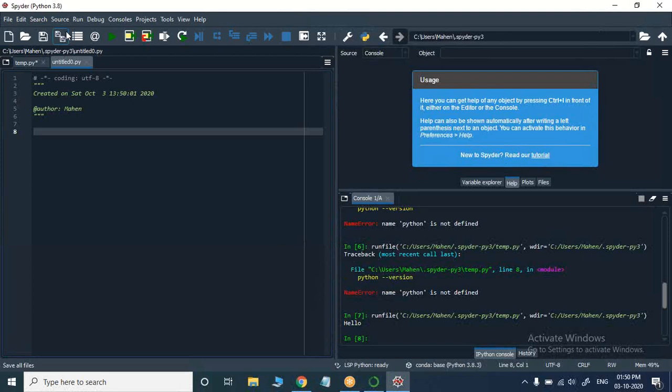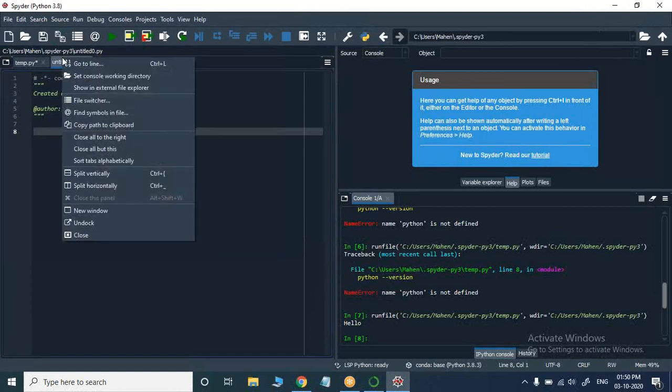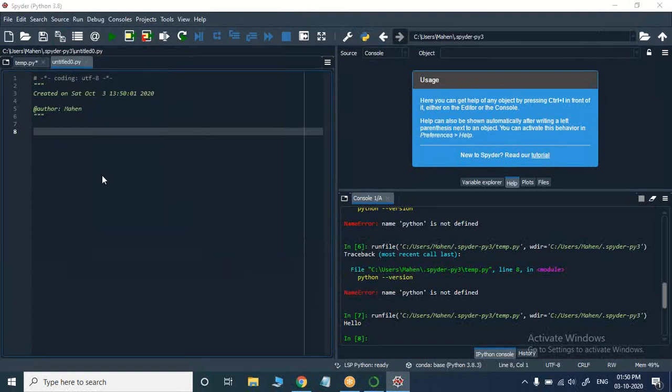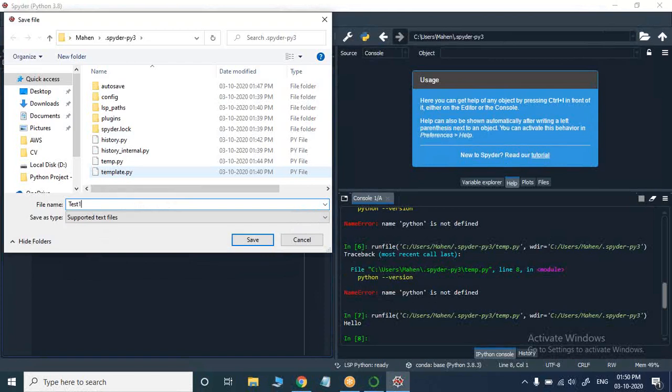So while saving, either I can click on save. Yeah. Or is there any other way? When you have clicked on save, then while saving, you can give a name to it. Yeah, that I can do, but is there any other way? Apart from this, it is the only way to save it. You are just saving as untitled. You can name it test, or you can name it class 1.